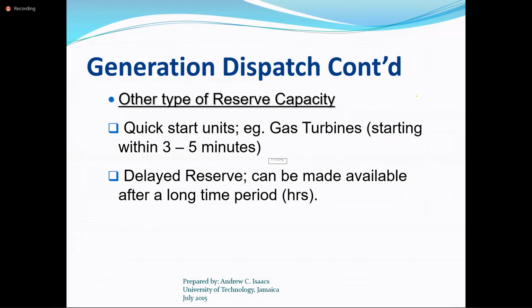Unfortunately, their response will be to also withdraw from the system because they do have overload protection. In many instances, and now that I'm thinking about it, maybe I should get access to some of these reports and let you have a read. One of the fairly recent all-island blackouts that we had